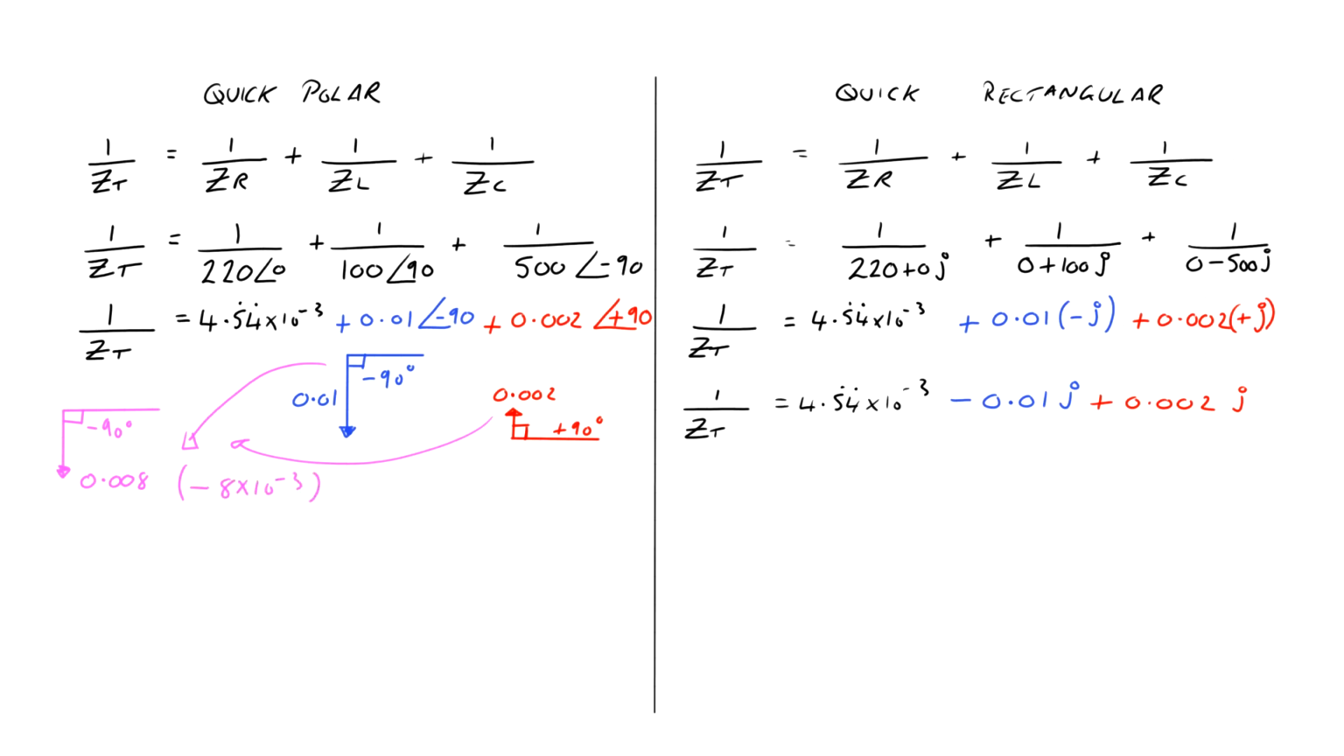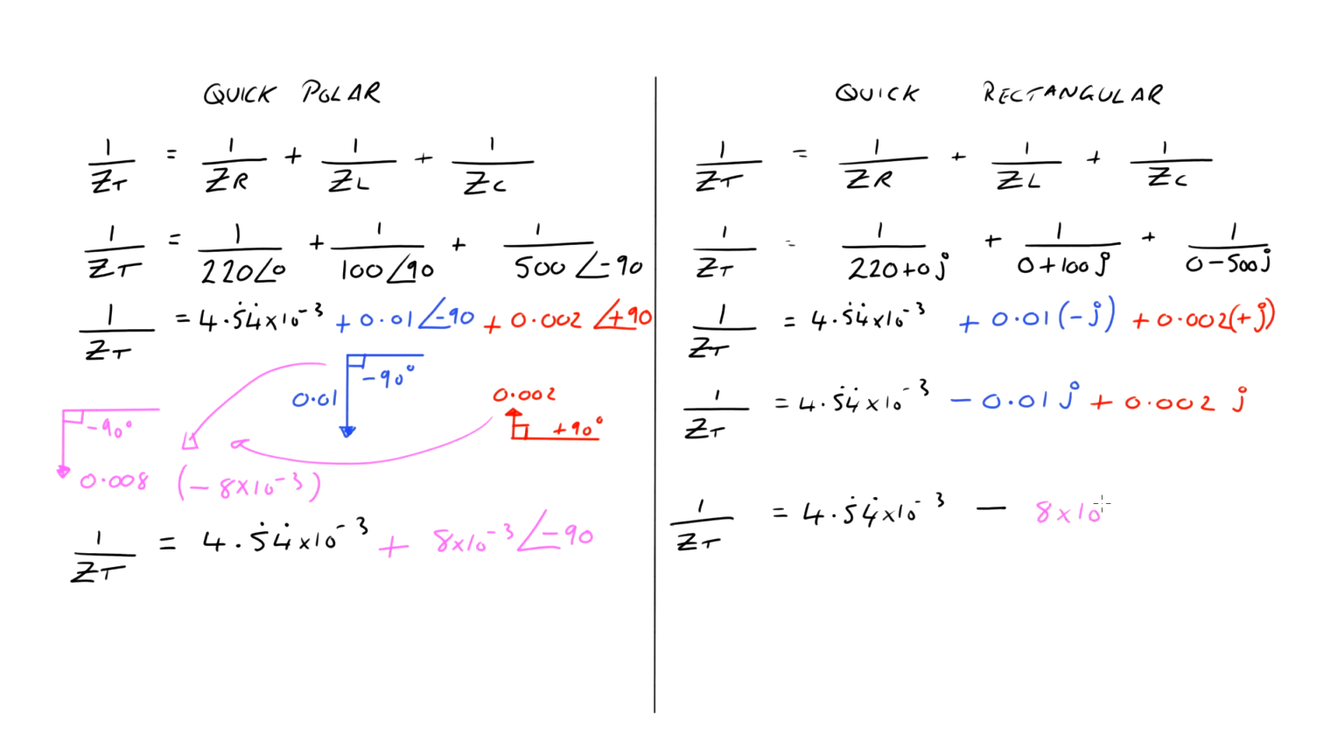But we still can't add that to the 1 over ZR yet, because that is not in the same direction. So we have to use Pythagoras. So 1 over ZT is 4.54 recurring times 10 to the minus 3 plus 8 times 10 to the minus 3 at minus 90 degrees in polar form. Then in rectangular form, we've got 4.54 times 10 to the minus 3, and we simply add the blue to